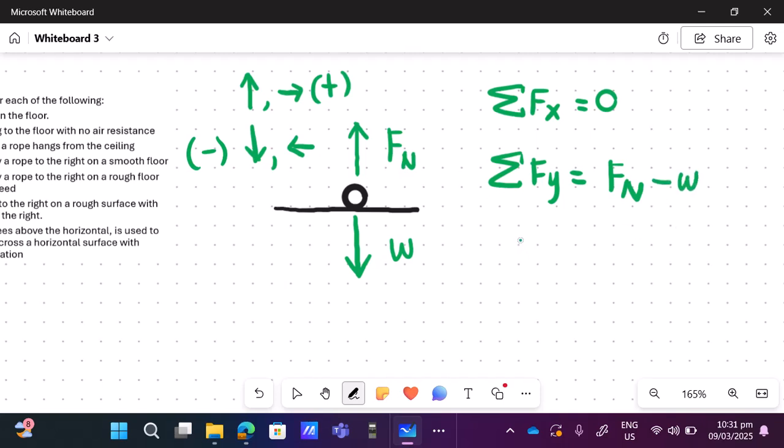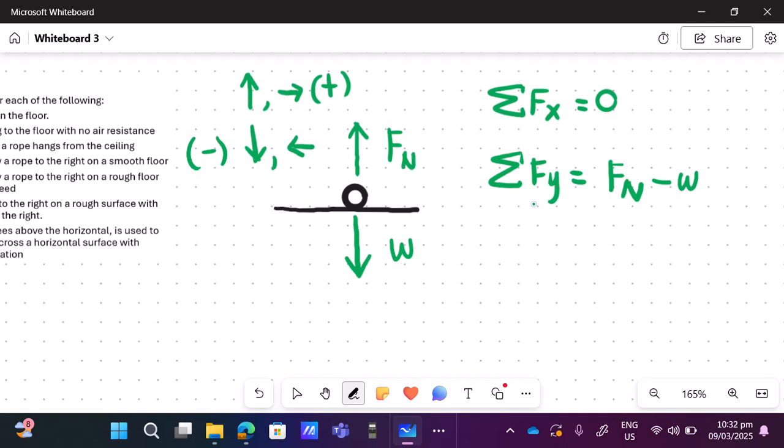Okay? Now, another way to put it, so you don't get confused, you can actually do this one. Whatever is on the left is negative, whatever is on the right is positive. Or whatever is up is on one side, whatever is down is on one side. And then you'll just have to change or transpose later on. But it's easier or more convenient usually if you just put these in mind.